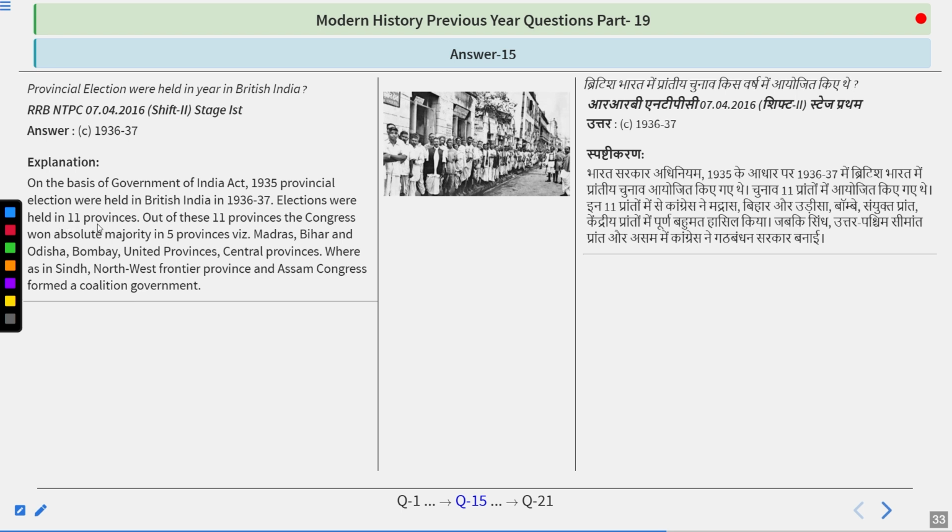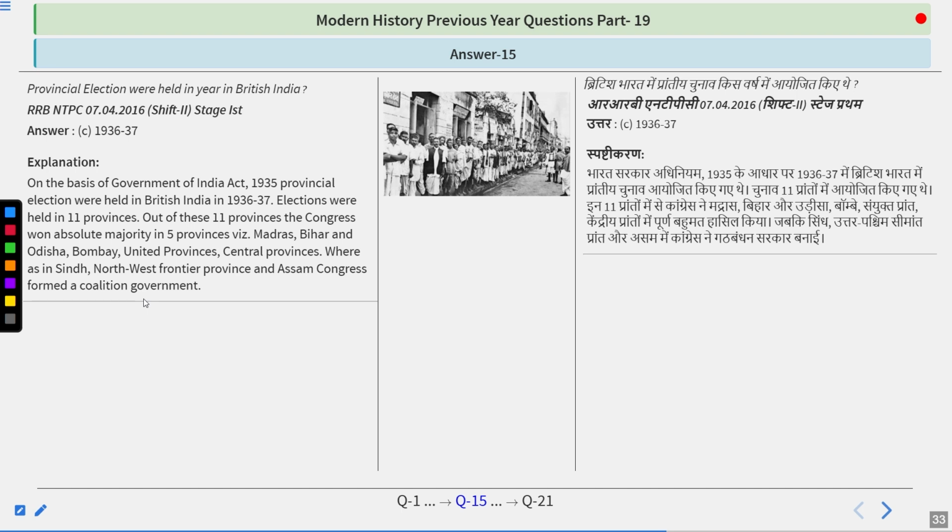Elections were held in 11 provinces. Out of these 11 provinces, the Congress won an absolute majority in 5 provinces, viz. Madras, Bihar, Odisha, Bombay, and United Province, Central Province, whereas in Sindh, Northwest Frontier Province, and Assam, Congress formed a coalition government. So remember, at 5 places Congress got a majority,